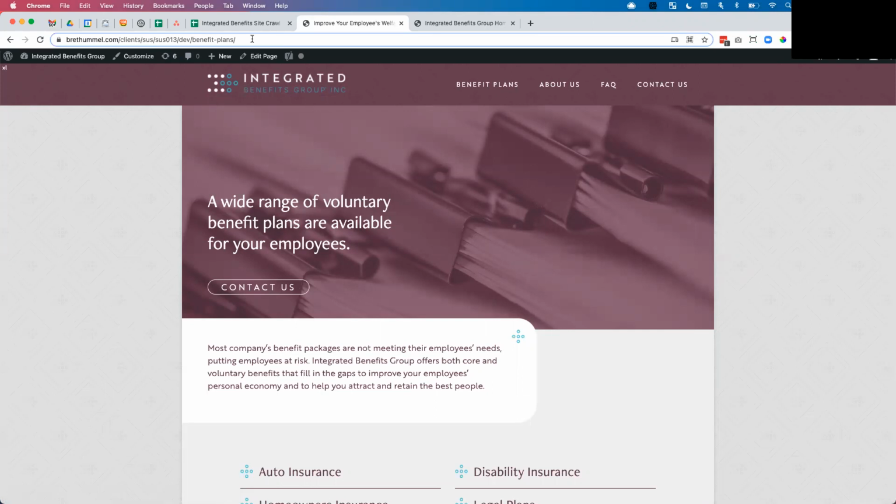it looks like the URL. Okay, so we may not even know the URLs of this dev site yet. But I'm guessing that the URL is probably going to be integrated benefit group, whatever, just slash benefit-plans. So once you know what that path is, they call it the URL path, which is everything after the